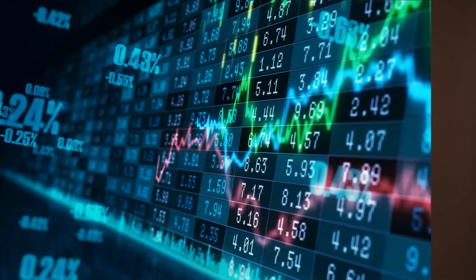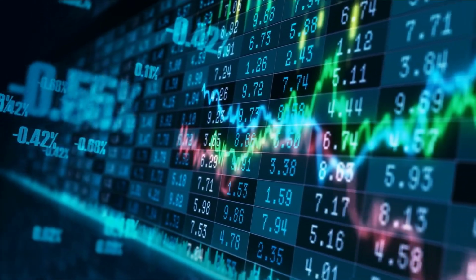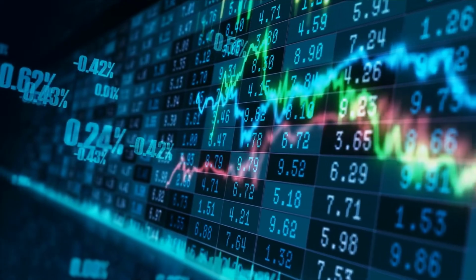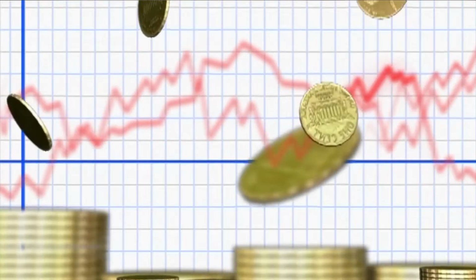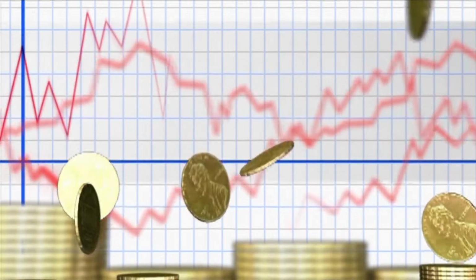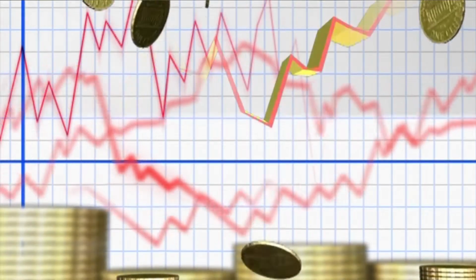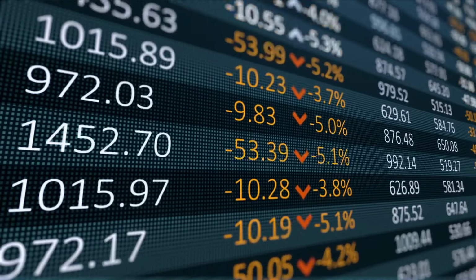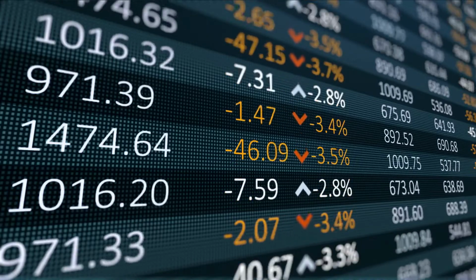What is a call option? Options on stocks, bonds, commodities, and other assets or instruments are financial contracts that provide the option buyer the right but not the responsibility to purchase the underlying asset or instrument at a given price within a specified time period. The stock, bond, or commodity that serves as the underlying asset is referred to as the underlying asset.